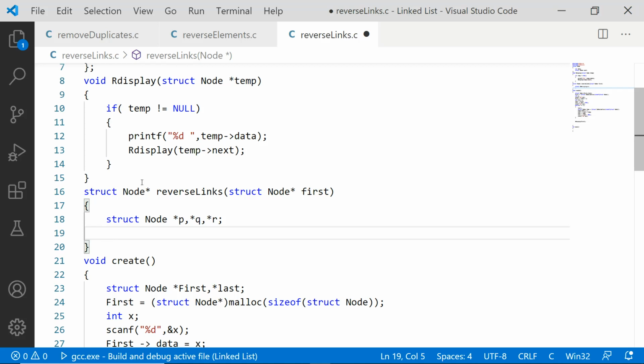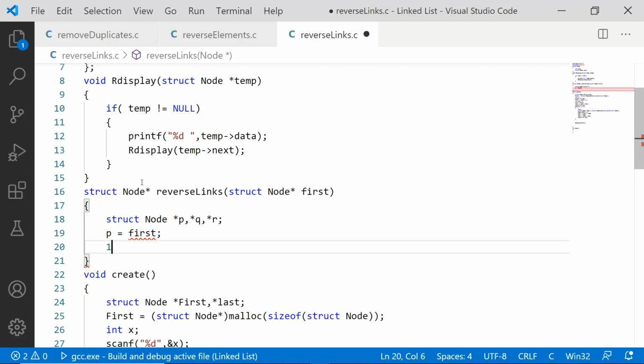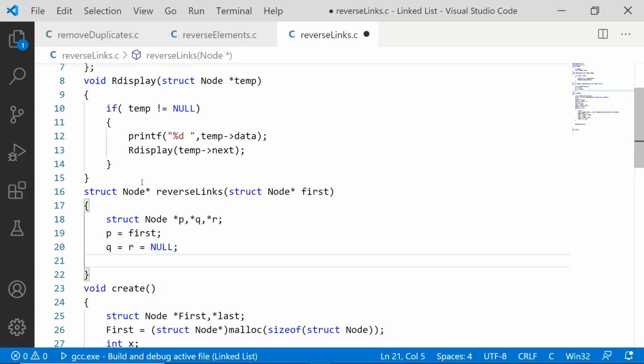We have already discussed that. Now p will be pointing to the first node by default, whereas q and r will be pointing to null. Both values are going to be null: q equal to r equal to null.